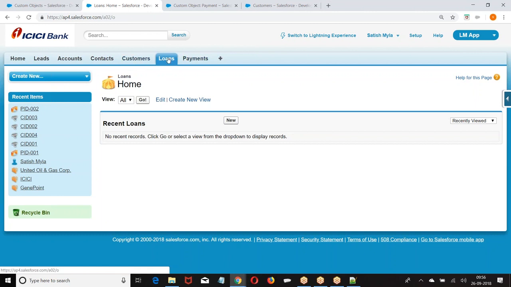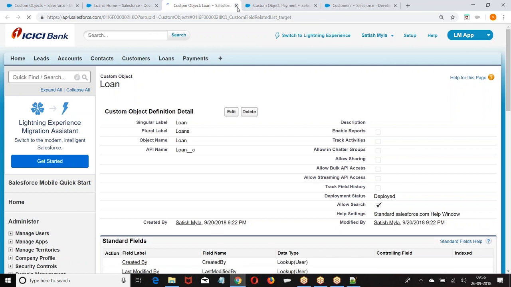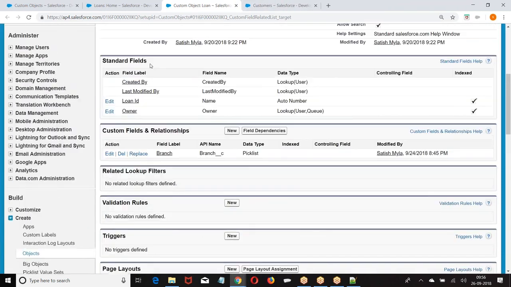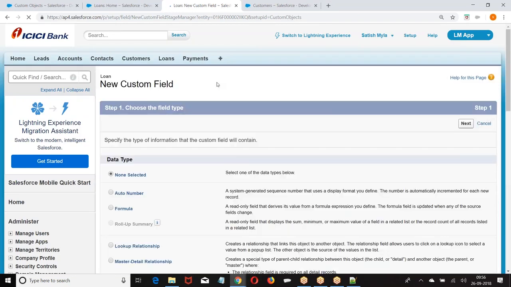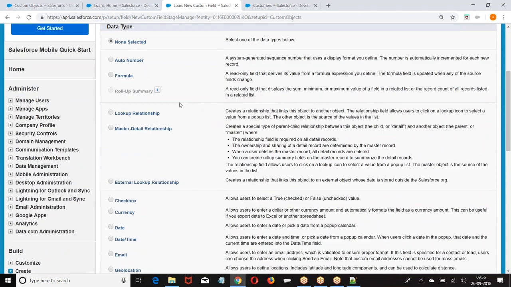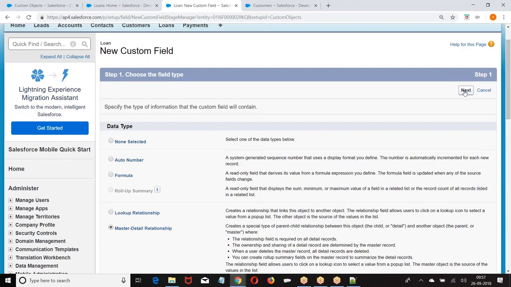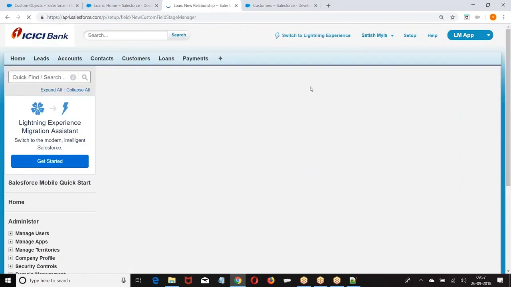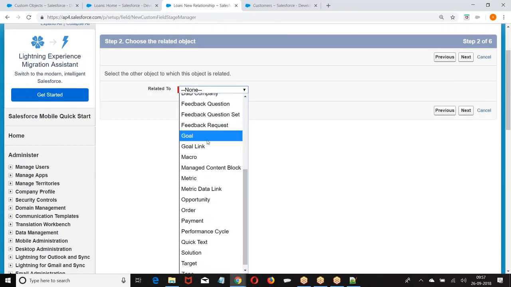Loan customer. So on the customer object I am creating here. Look at this. How do you create? New. What is the option we have here? Master detail. Next. Loan.